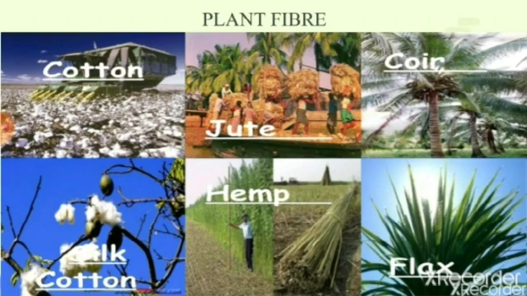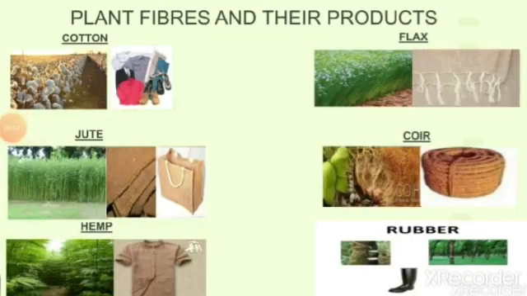The cotton plant gives the cotton, and jute we get from the jute plant. Coir is nothing but the waste product obtained from the coconut, which is then made into a fiber. Flax plant gives the linen material which is used for making many kinds of dresses. Hemp is also a plant which gives a fiber that is used for making dresses. Silk cotton is also obtained from a plant.